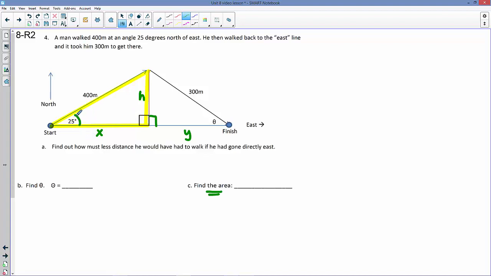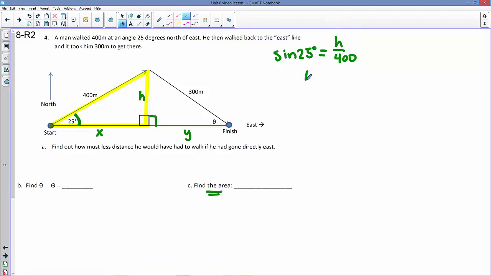So let's find H. From the 25 degrees perspective, H is the opposite side, and 400 is the hypotenuse. I certainly don't want to use X because it's unknown. So it's going to be sine of 25, that's opposite and hypotenuse. Sine of 25 is equal to the opposite leg over the hypotenuse. Very simple problem. We just multiply both sides by 400. We multiply 400 times the sine of 25, and we get